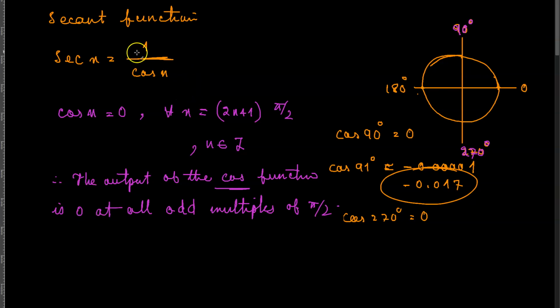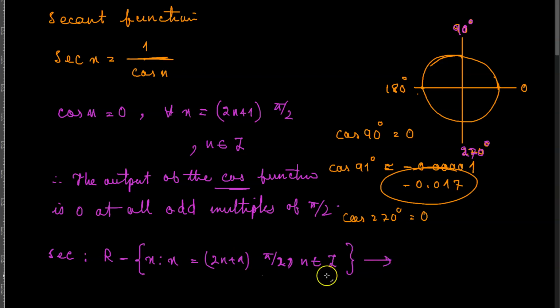Which means that I can write the secant function as a function from all of the real numbers, and I have to exclude all of those points from the domain of the function, x such that x is equal to (2n plus 1) times pi by 2, where n belongs to the set of integers, and the codomain of the function is the set of real numbers, right? So that is the secant function, R minus x such that x is equal to (2n plus 1) times pi by 2, n belonging to the set of integers, and